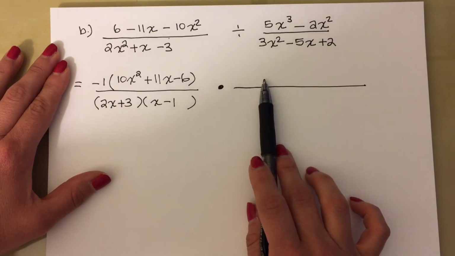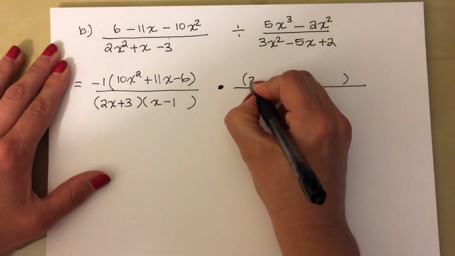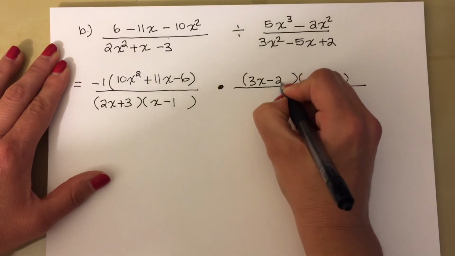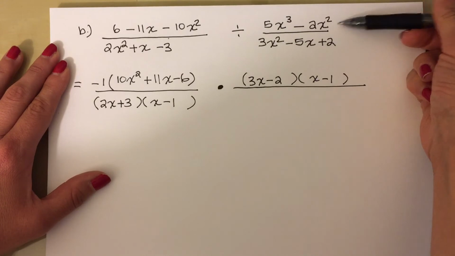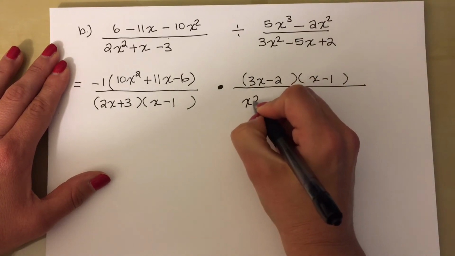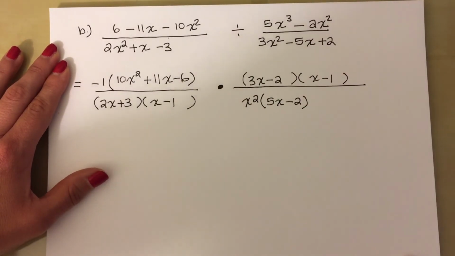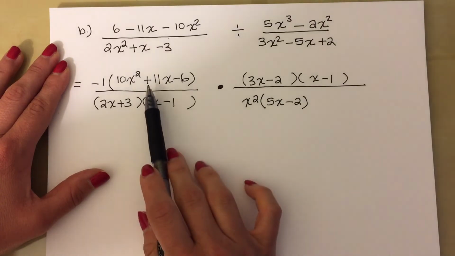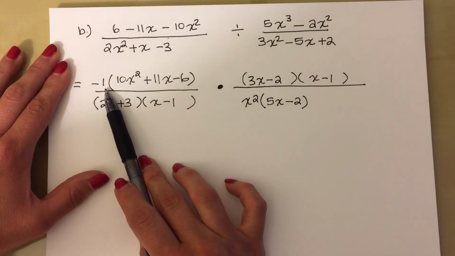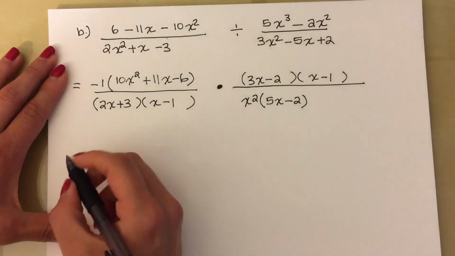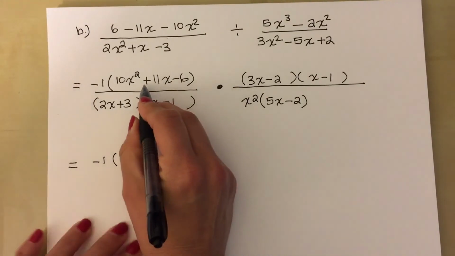That's going to go in the numerator. And then we factor the binomial here. And the last thing we have to do is factor the trinomial that's left. Make sure you bring down -1. That's part of your answer. So factoring this trinomial,